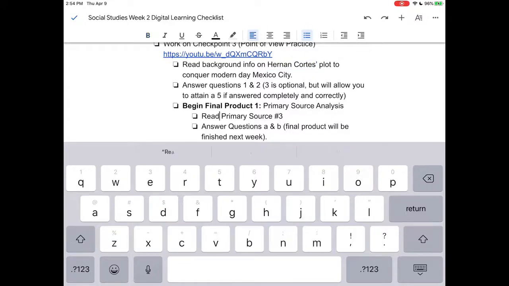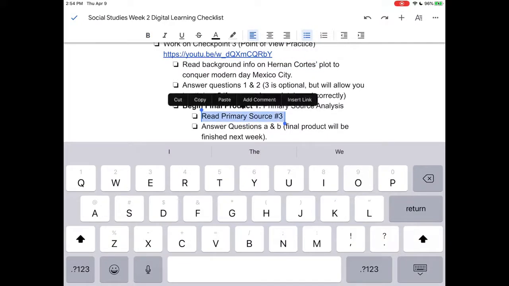We started our final product number 1, and we read our third primary source that came from a Spanish priest who was horrified. The Spanish priest came under that assumption that he was going to come to help save people, that this was a mission to help save other people. And what he found was actually that the Spanish were committing incredible acts of brutality against the Aztec population. So much so that it was horrifying and made the Spanish priest absolutely sick to watch.